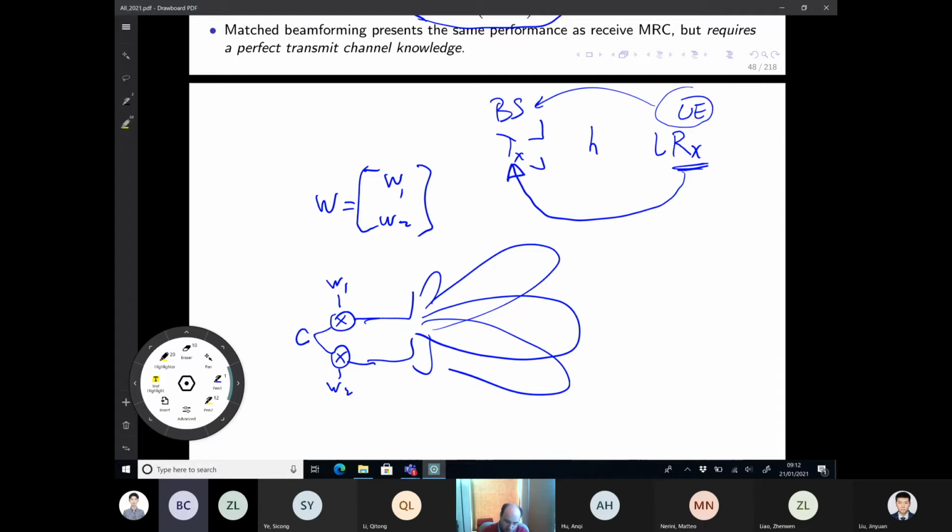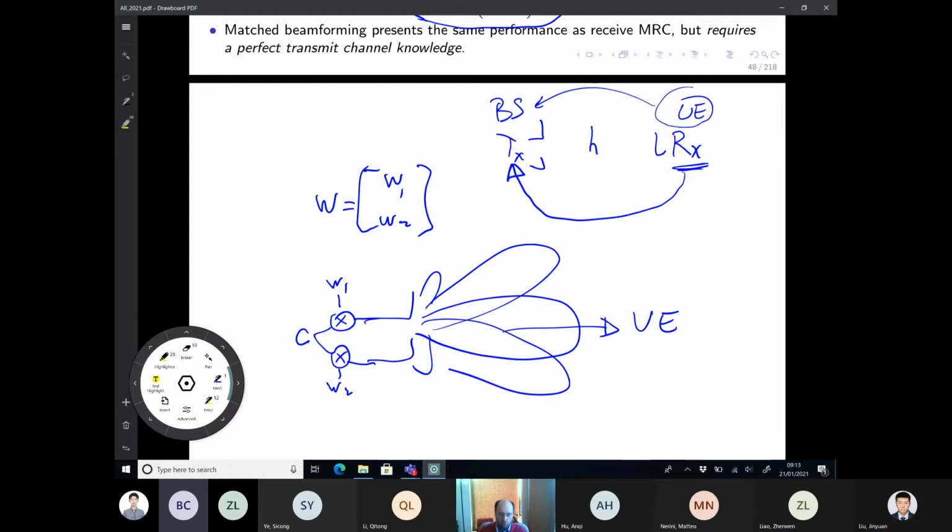So these lobes are not necessarily in the direction of the terminal. You can have a terminal here, but this main lobe is not